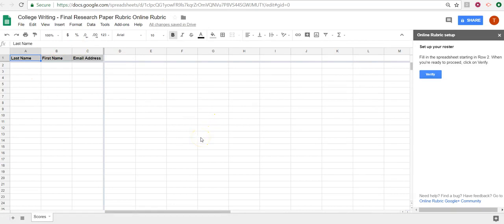And the nice thing about online rubric is that on the right hand side here, it tells you step-by-step directions on what you need to do. So it says fill in the spreadsheet starting in row 2. So this would be like the names of your students. And so I'm just going to kind of write in some names, and I'm already messing up because